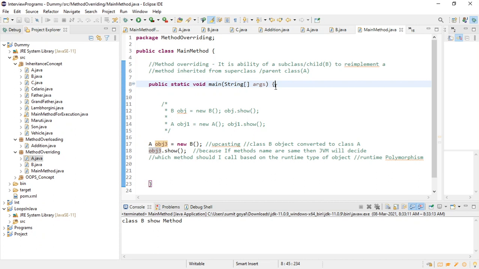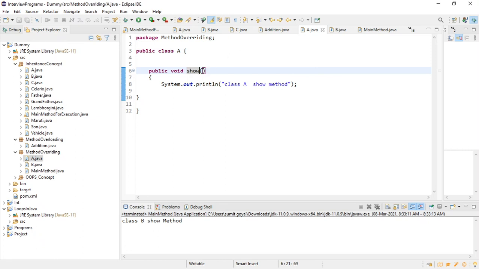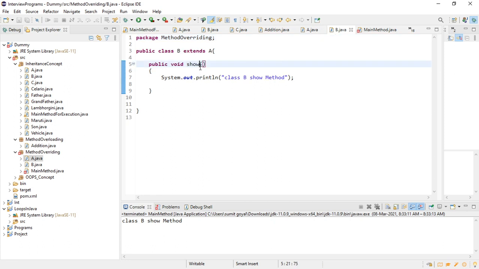Please tell me whether it is clear. Once more, this last part, why it is calling the method of B. Okay, so let me write here, if I am declaring like that, show as a different method, right, different methods.